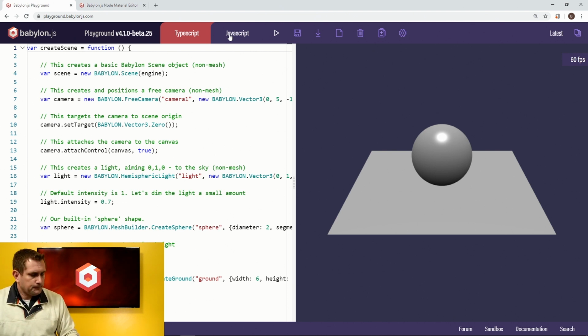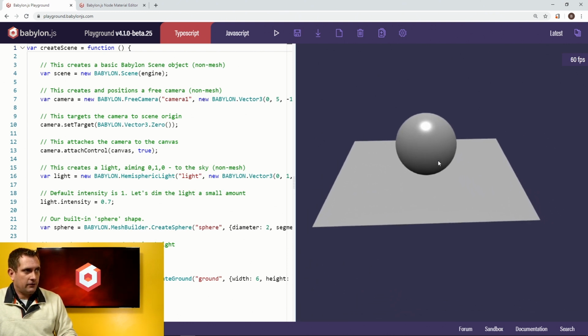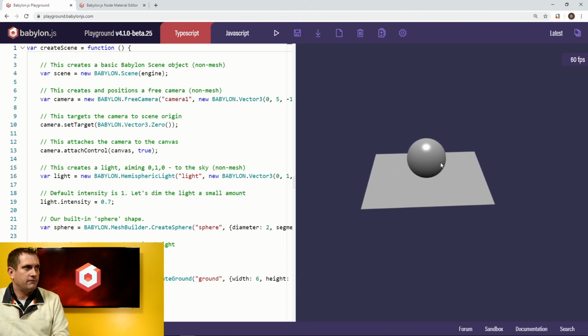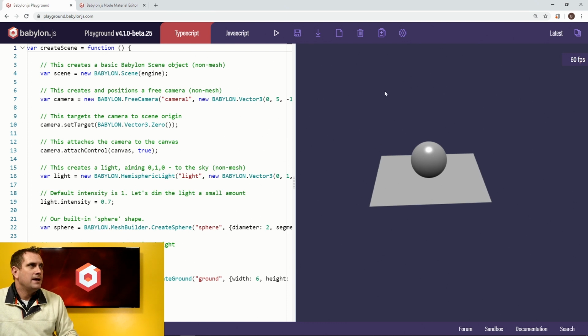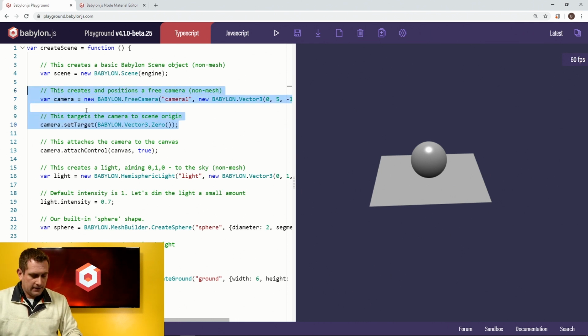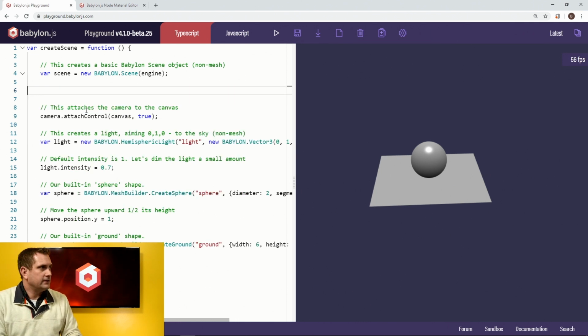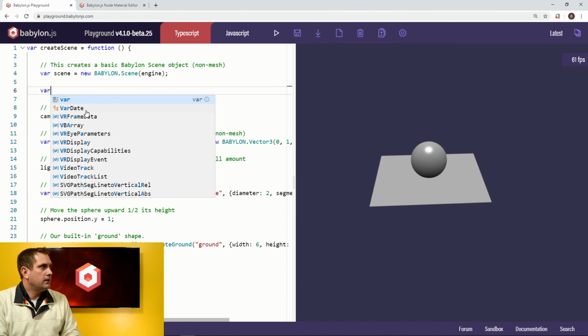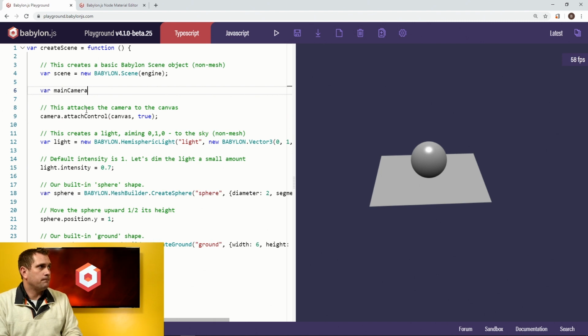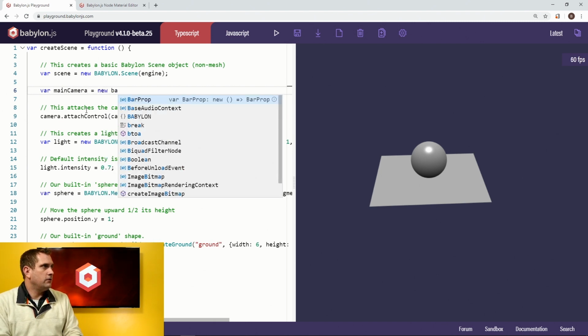Okay, so to start off, we have a scene. It has a camera in it, a light, and then a sphere and a ground plane. This particular camera is a free camera. It allows you to use the arrow keys to move around with a first-person type of control. It's not actually my favorite type of camera, so we're actually going to get rid of it. We're going to take these two lines here and let's delete them and then just start writing our own camera code here. So we're going to create a new variable called main camera, and I'm going to construct a new